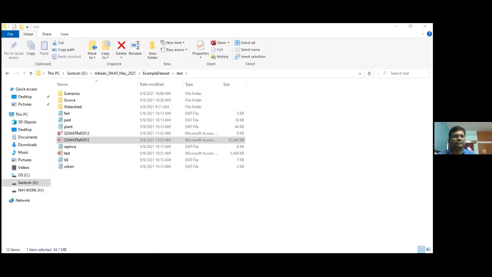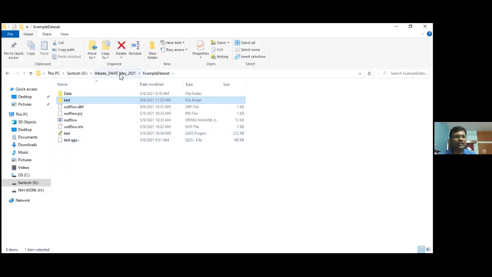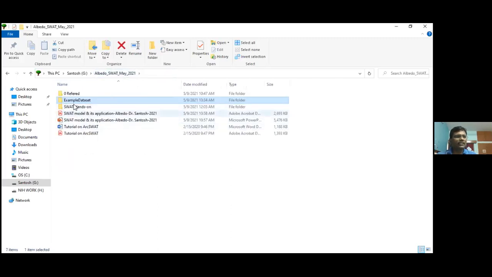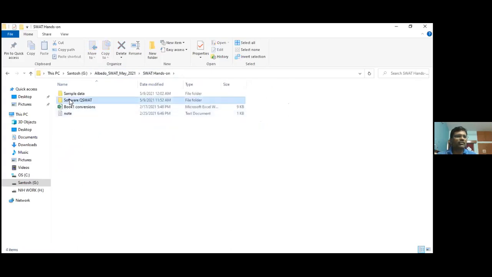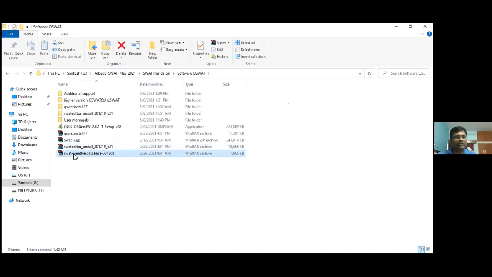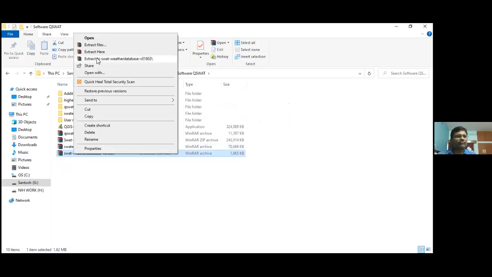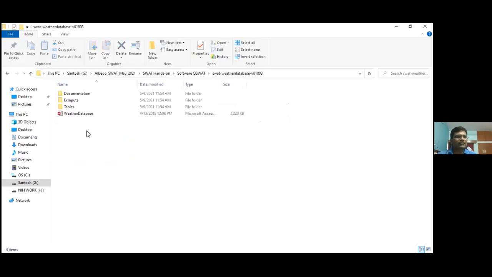You can use the software called the SWAT weather database tool. You just extract this, and you can see a documentation file, that is the manual, is given.